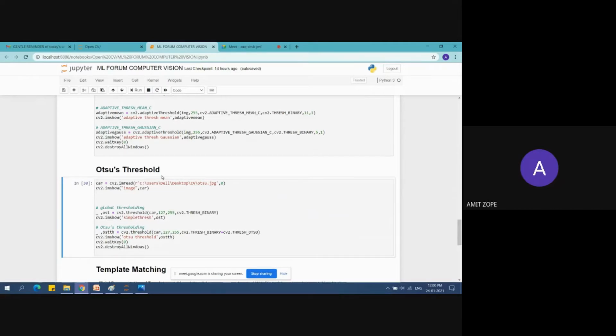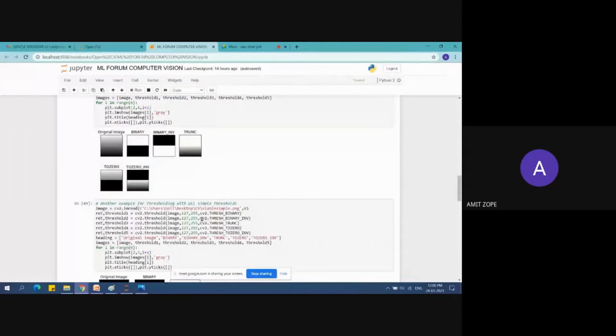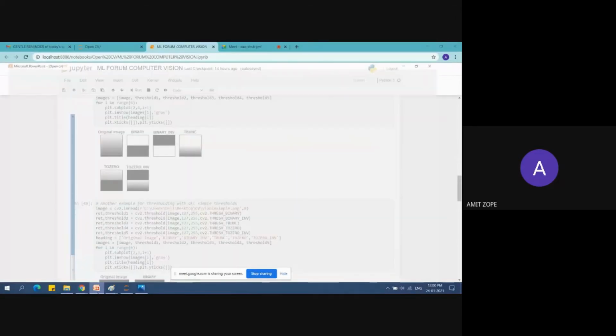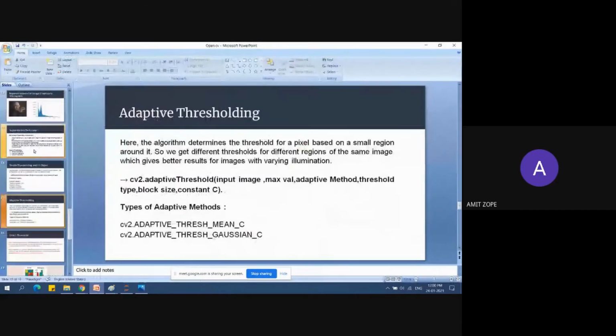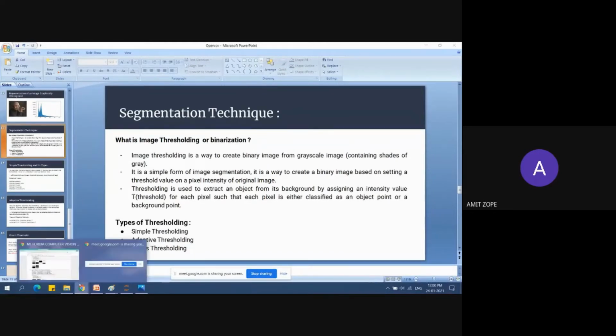There are three techniques of thresholding: simple thresholding, adaptive thresholding, and Otsu thresholding. Thresholding is basically a segmentation technique, working on the pixel values.